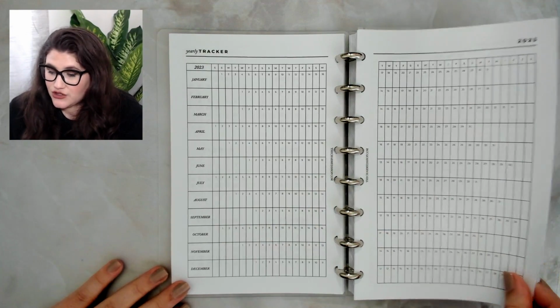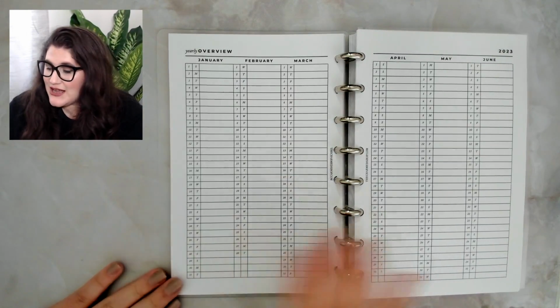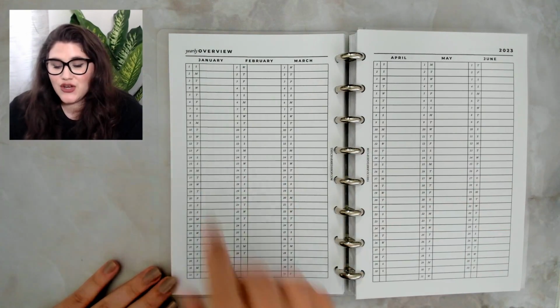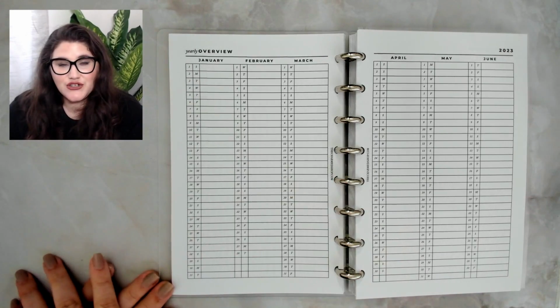So that is the yearly tracker. Then we have the yearly overview, right? Which is actually on 4 pages. You have a quarter per page. And this gives you the ability to write in a little bit more information for each of the days of the year. So I've seen people use this to track their